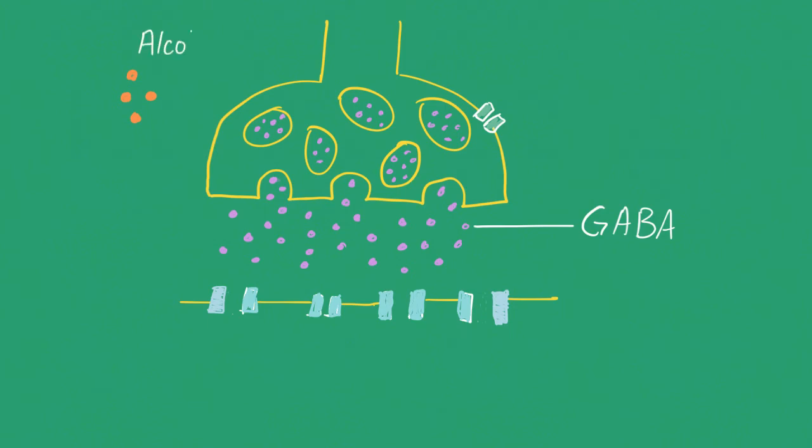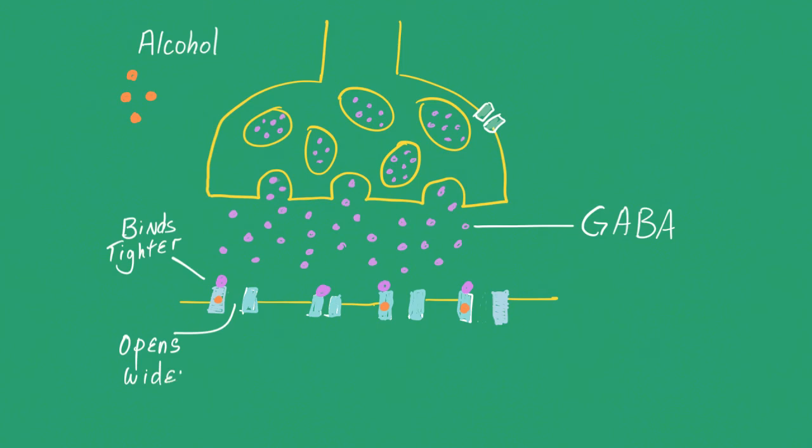Alcohol brings about these effects by binding to GABA receptors on the postsynaptic neuron. Alcohol is shown in orange, binding to the blue GABA receptors. When it does that, it causes GABA, which is shown in pink, to bind more tightly to its receptor. It also causes the chloride channels, which are the GABA receptors, to open wider and to stay open for a